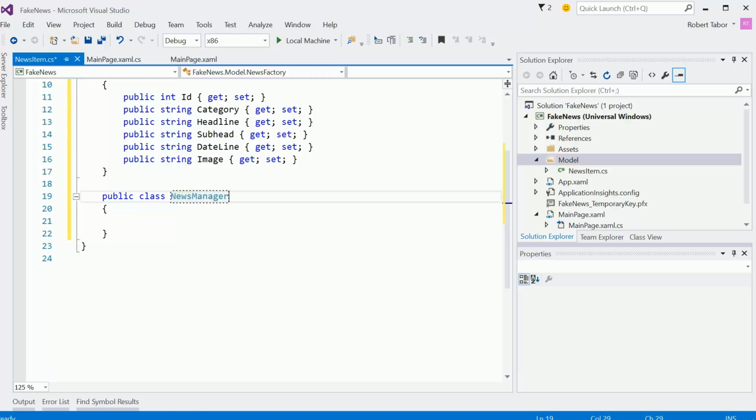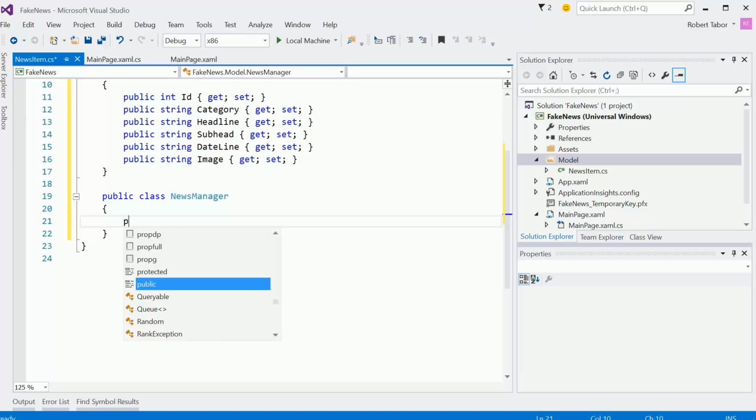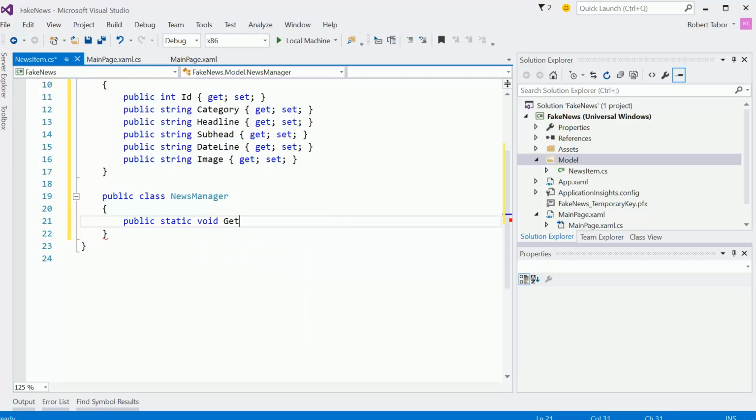I might call this a manager instead, though. Manager really denotes the ability to interact with the POCO object against any persistence, and we would probably have, if this were a real application, some sort of persistence. So I'm going to go with news manager instead, now that I think about it a little bit more. Naming things is hard. I think I've said that before in this series. And you want to connote the right idea of the role that a given class or property or variable is playing inside of your